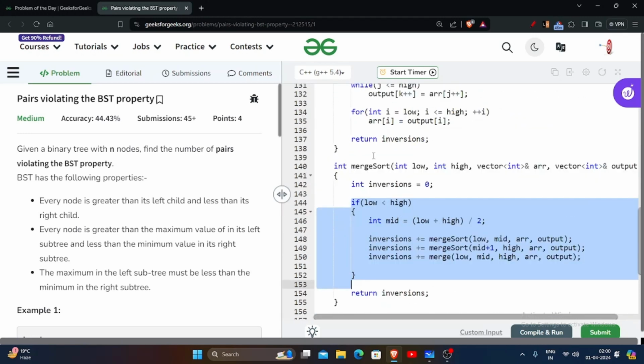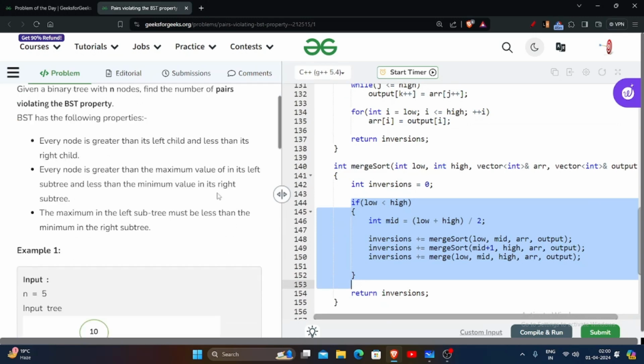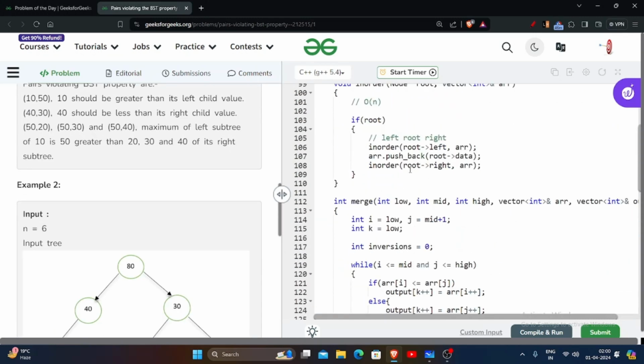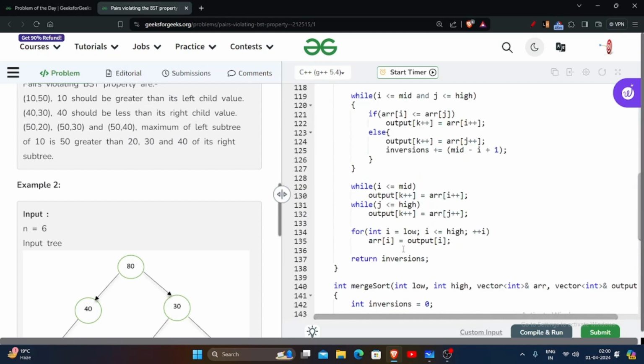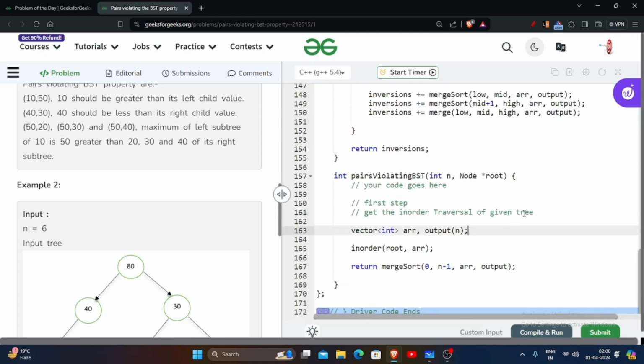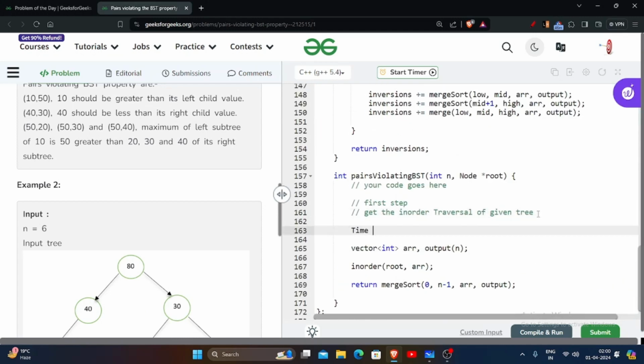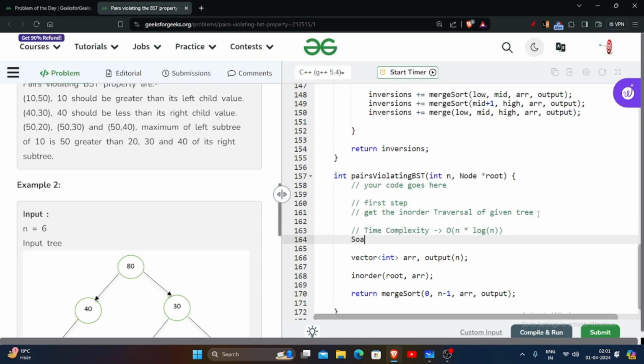So order of n log n calls or merge function overall, so it brings n log n, और वो थी order of n in order लिखने की। So overall time complexity हम बोले तो order of n log n ही होगी। So if I write time complexity, it will be nothing but order of n into log of n, and space complexity also would be